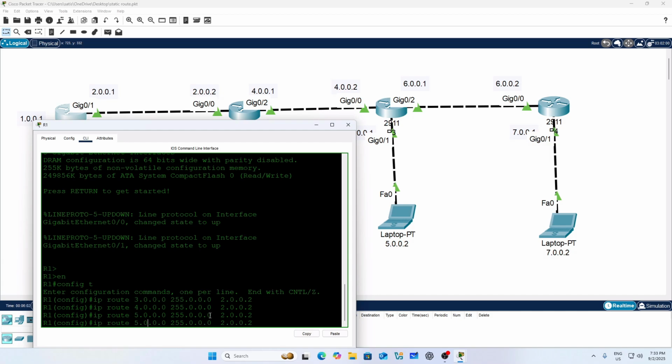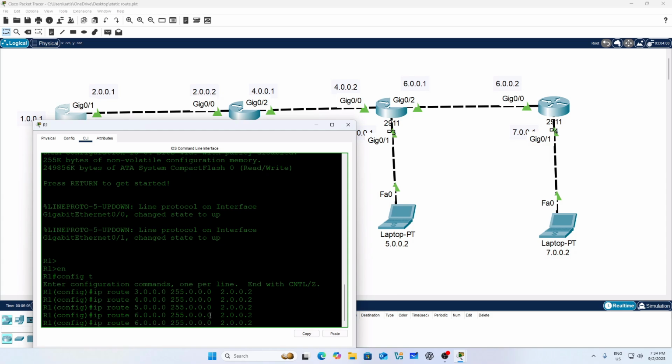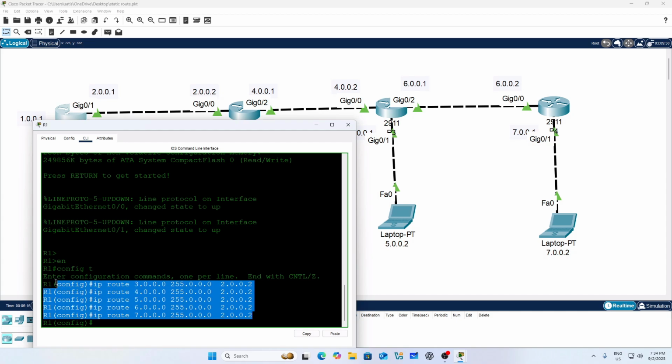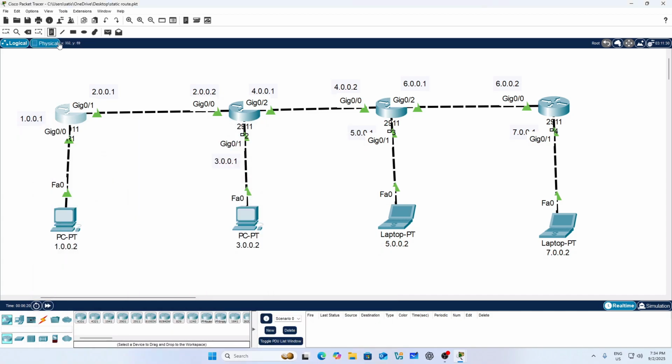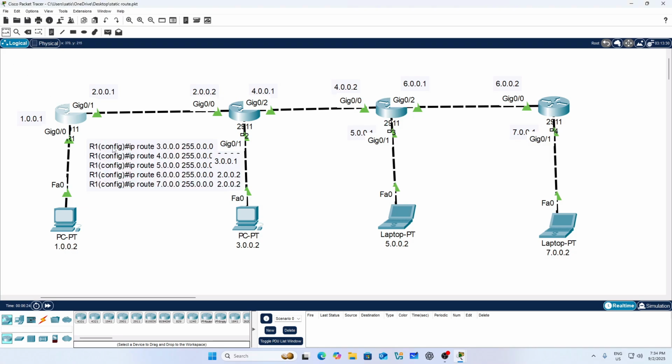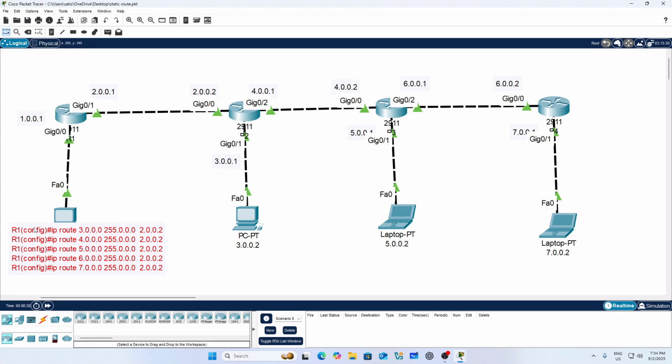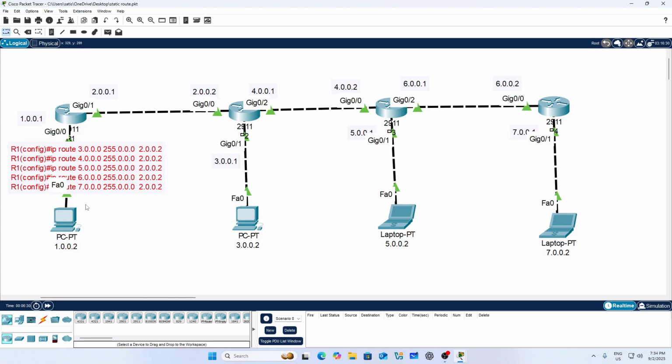Network 6 through the same IP. Network 7 also through the same IP. So all done. You can copy this and paste it in this section. So this is the coding for routing for router R1.